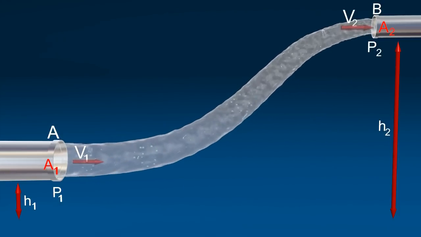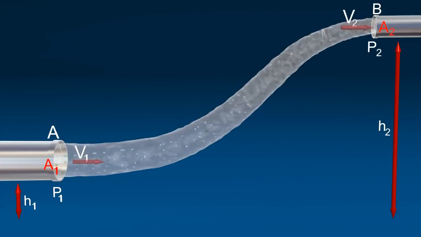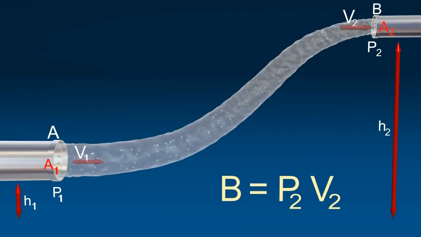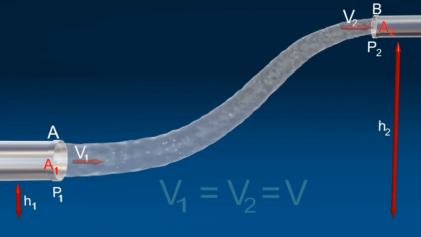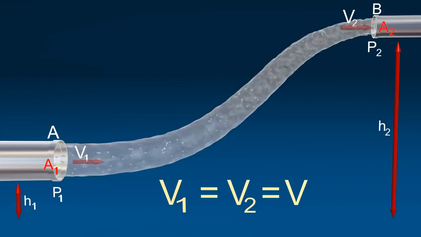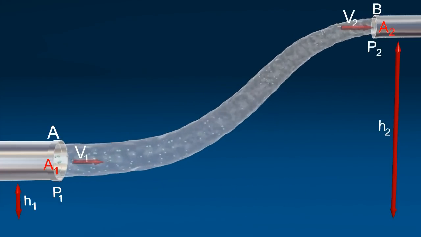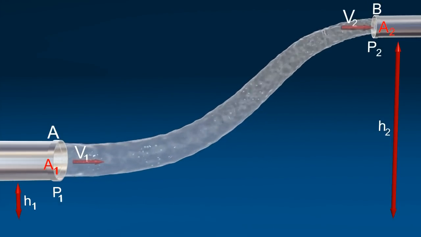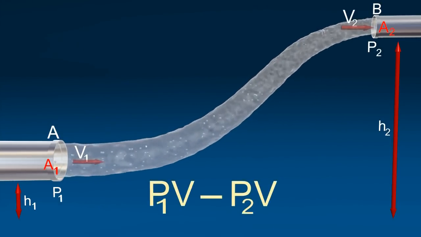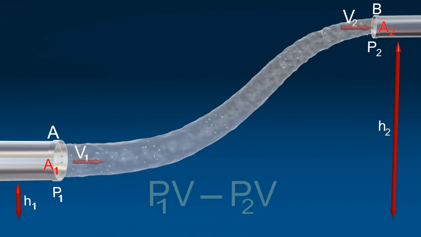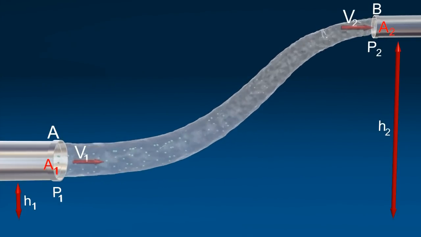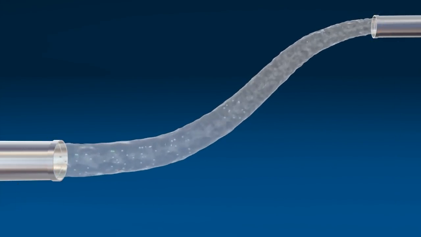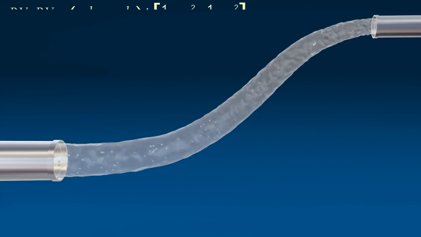Now, the work done per second on the liquid at section A and at section B, V1 equals V2 equals V, from the equation of continuity. Net work done equals P1V minus P2V. The net work done per second equals the increase in potential energy and kinetic energy per second from A to B. According to the law of conservation of energy,